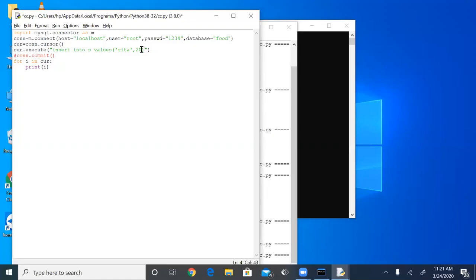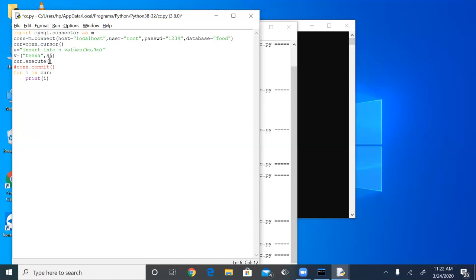Suppose here you want to put. There is another way also, we will see later on. Now, if I want to put the values according to the user requirement, or later on, for that we will use the placeholder commands, and we will not execute the values in the execute function directly. Later on we will call it. I am executing my query here, and the value I am storing somewhere else. Yeah, in this way.